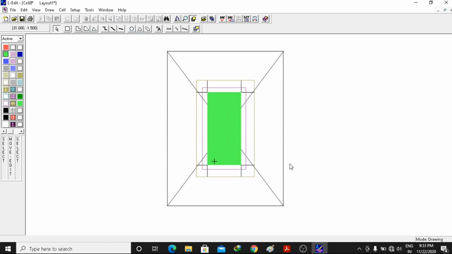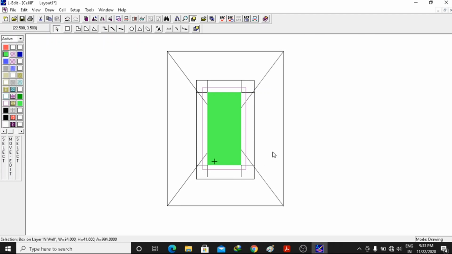Now what's the DRC, guys? Let's see. So I have increased the height, this distance, guys, but this is still 5 lambda, which is less than 6 lambda, right? So what I will do now, I will again click on selection, I will click here, okay. After that I will just drag it a little bit down, okay.